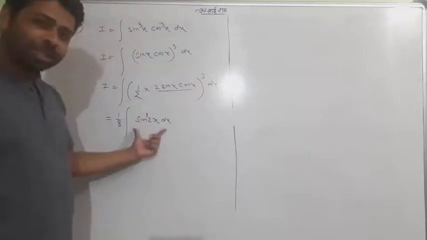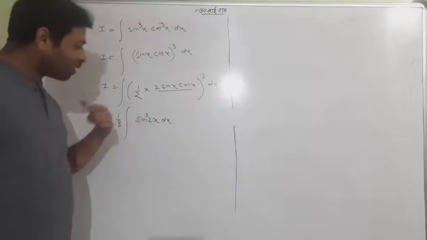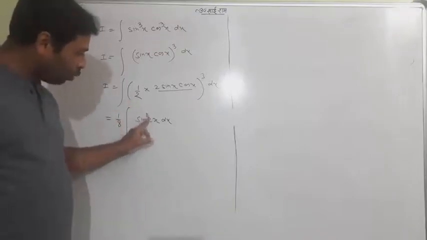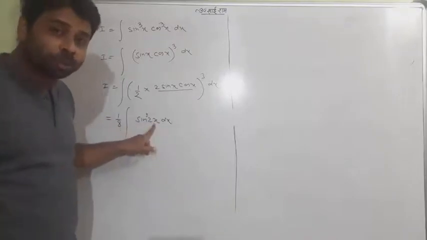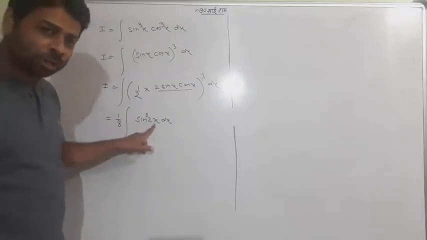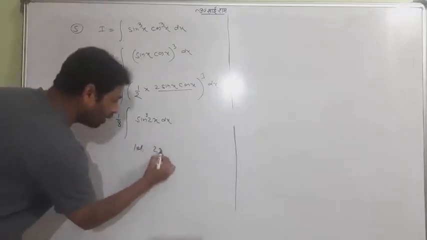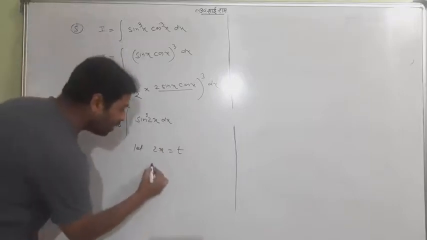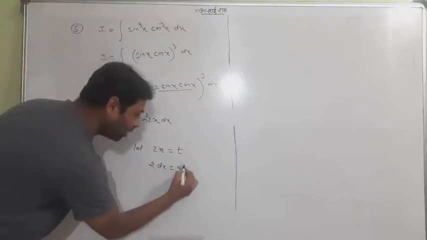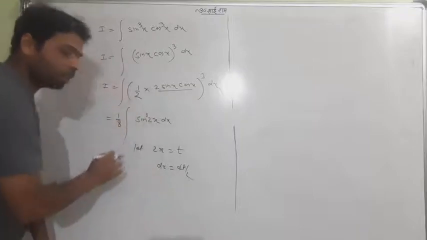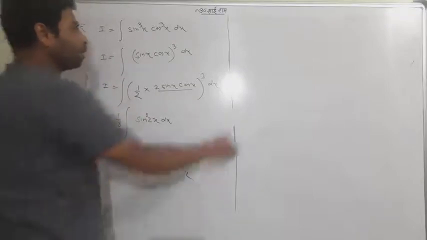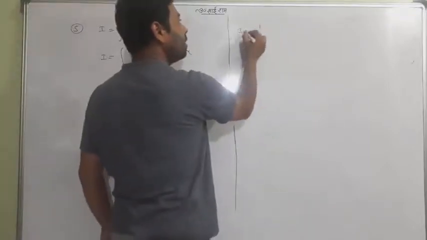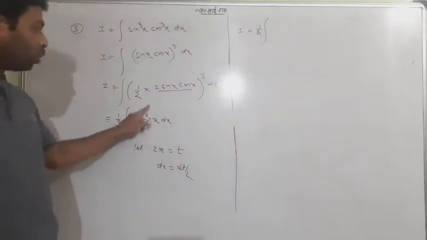Now the question is going to be this. I don't think this is a tough one. Sine cube of 2x, recently you saw 2x plus 1. This is 2x, nothing special. You only assume 2x is equal to t, which gives 2 dx is equal to dt, so dx is dt by 2 after transferring the 2. And then I is equal to 1 by 8 times sine cube t.